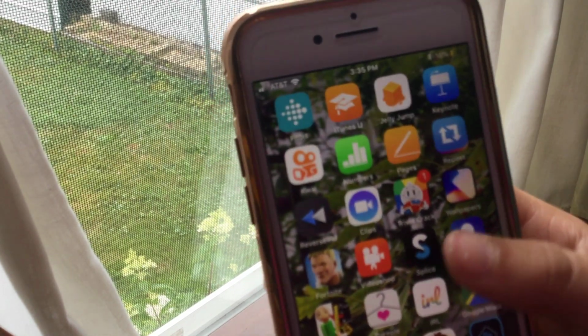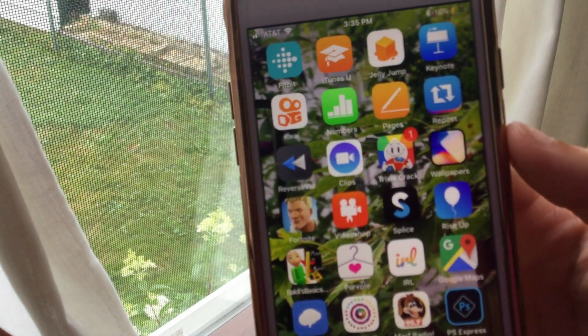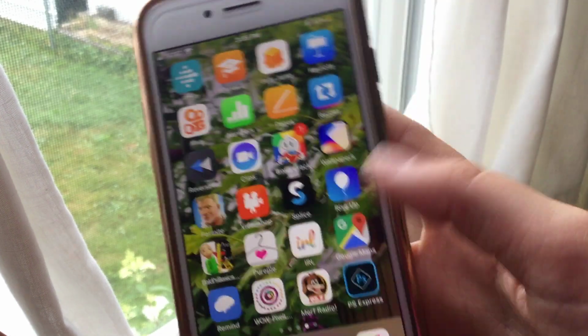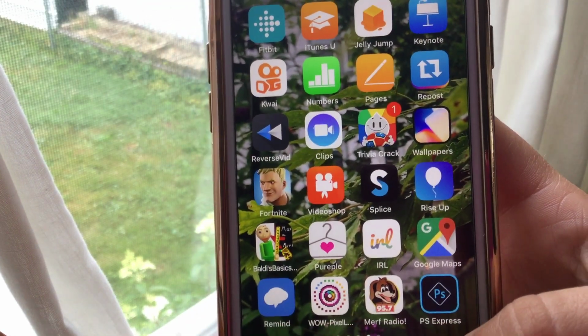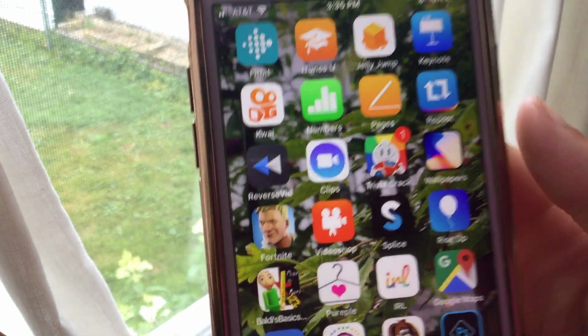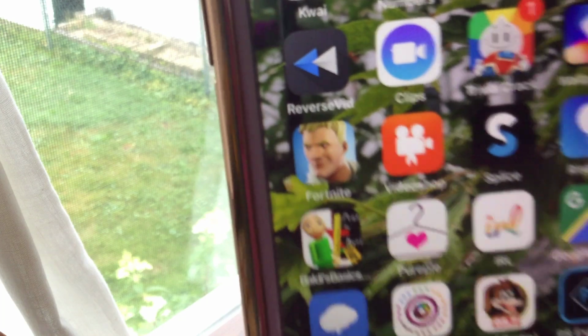Clips, it's not focusing. Camera, focus on the phone. There we go. Okay, that should be a lot better. I hope that's better. Trivia Crack, it's a fun game. Wallpapers, Fortnite. You all are gonna be like...